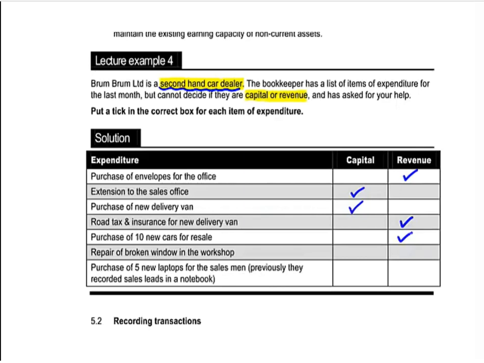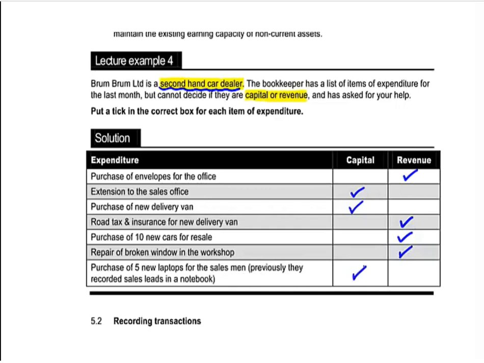Repairing a broken window in the workshop, although the broken window is in one of the non-current assets, this will be classified as revenue expenditure because we're not enhancing it, we're just maintaining it, keeping it at its current value. And 5 new laptops for the salesman. Previously they'd recorded leads in a notebook, and we're not in the business of selling computers, so that's going to